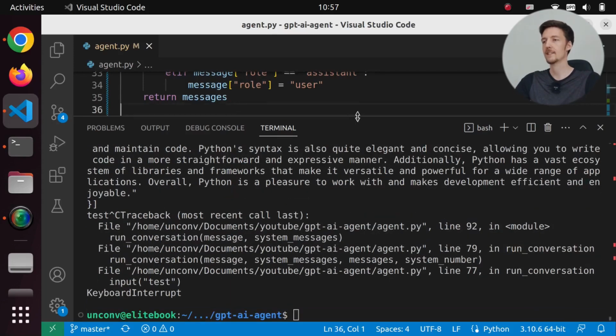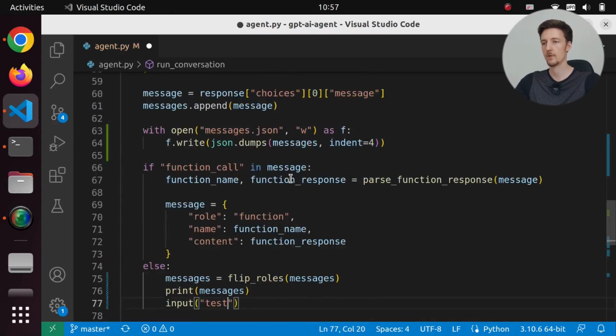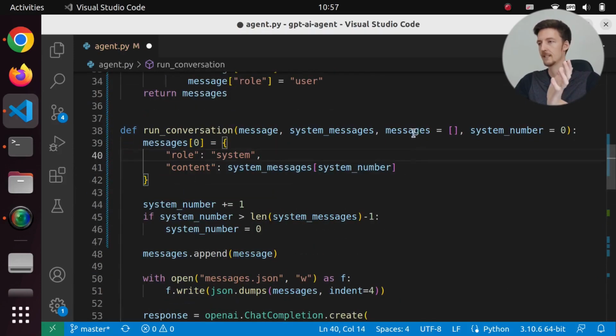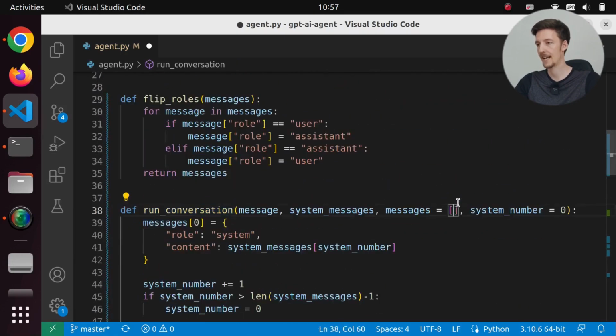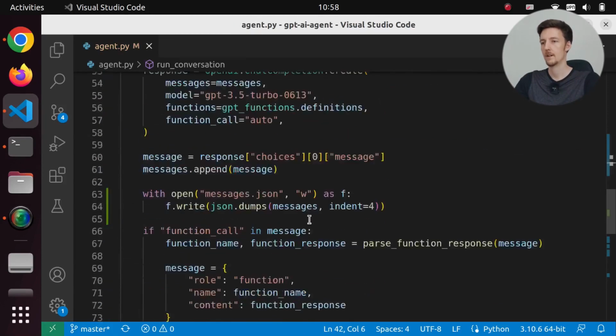So let's do it just like this. Let's say this is index 0, and I will just add something to the messages. In fact, I can just add an empty dictionary in there to begin with, so then we will just replace that one with this. So let's try.